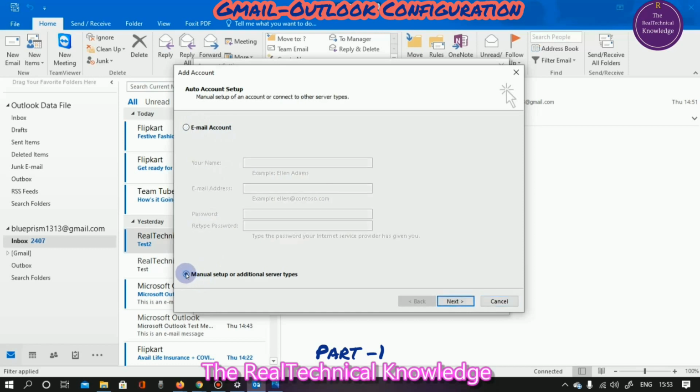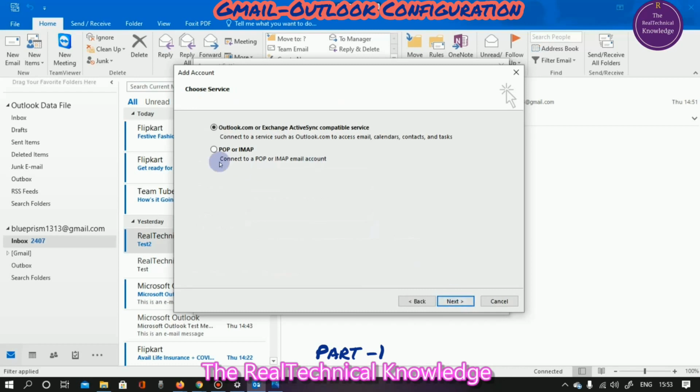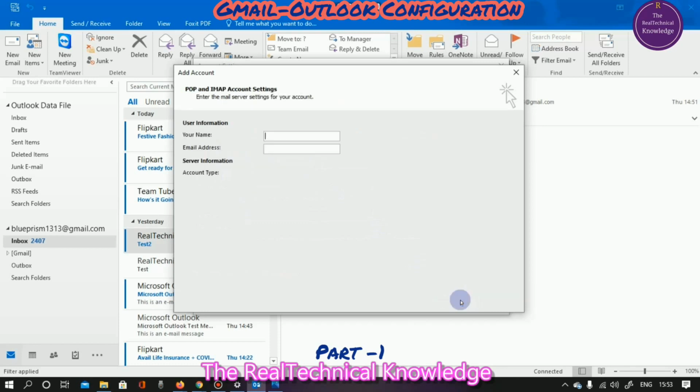So we need to click on Manual setup, then click on Next. Then always choose the POP or IMAP option because we are locally going to retrieve or access the Gmail account. After selecting POP or IMAP, we need to click on Next.